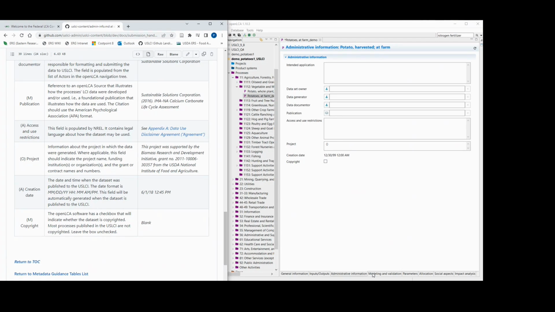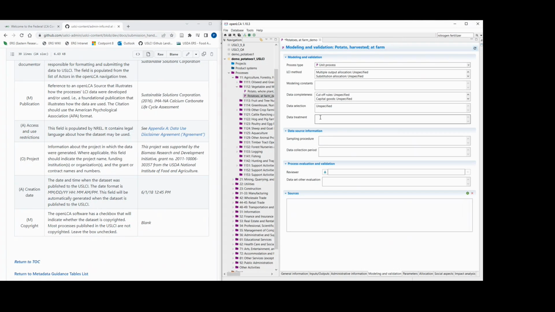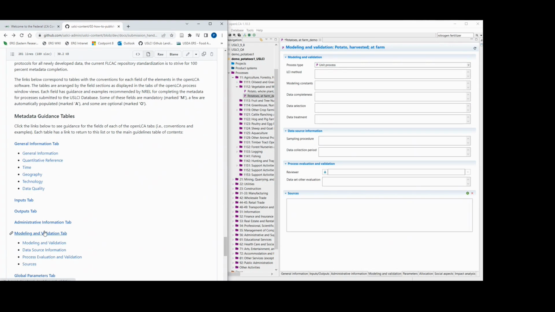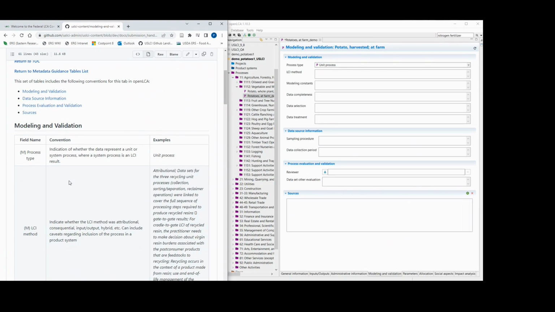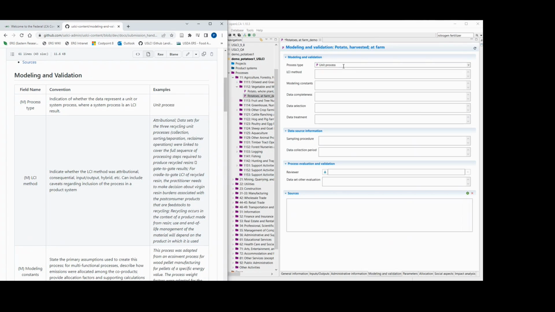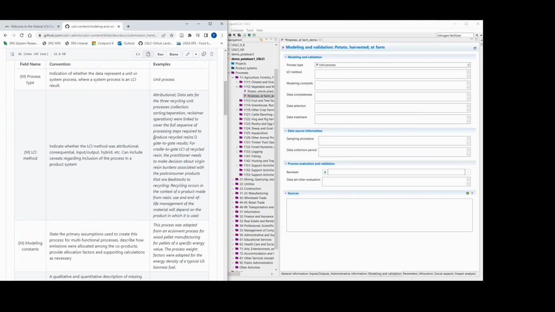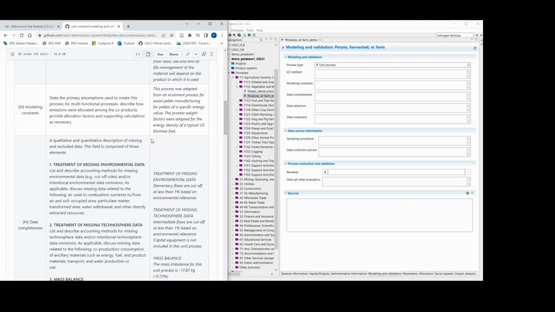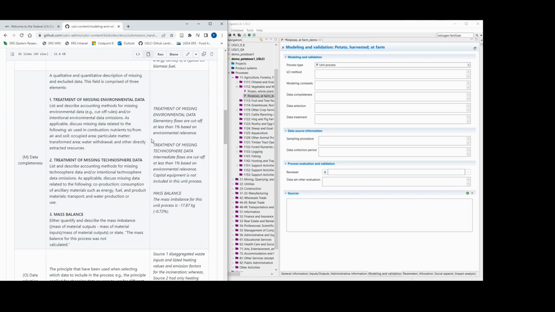any other applicable information. Modeling and validation tab might take a little bit longer. Some of this is already filled out as a carryover from CIMA Pro, but we'll want to make sure to delete these. We'll go to the modeling and validation tab. So I'll want to choose if it's a unit or a system process, the LCI method, any modeling constants, the data completeness.